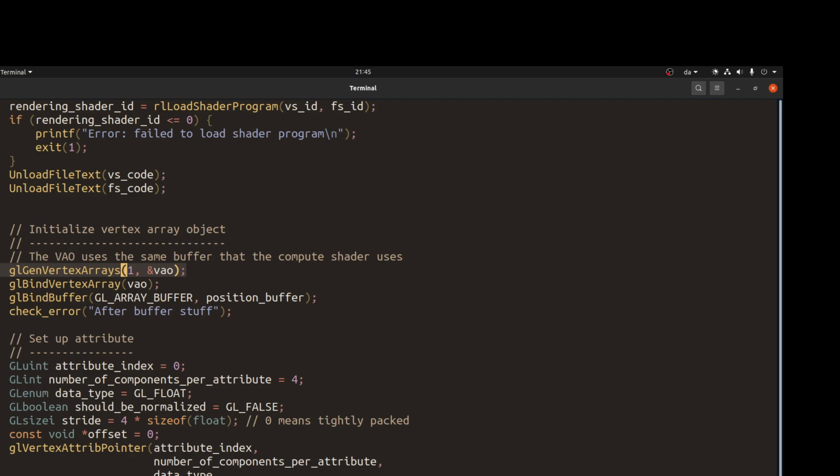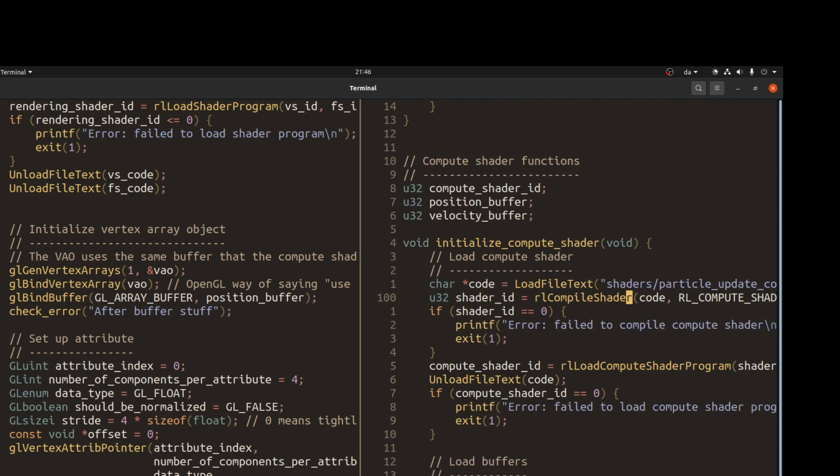Here I'm actually using OpenGL functions directly. So first we generate the vertex array, then we bind it, which is the OpenGL way of saying use this exactly. So we bind the vertex array, then we take this buffer, which importantly is the same buffer that we